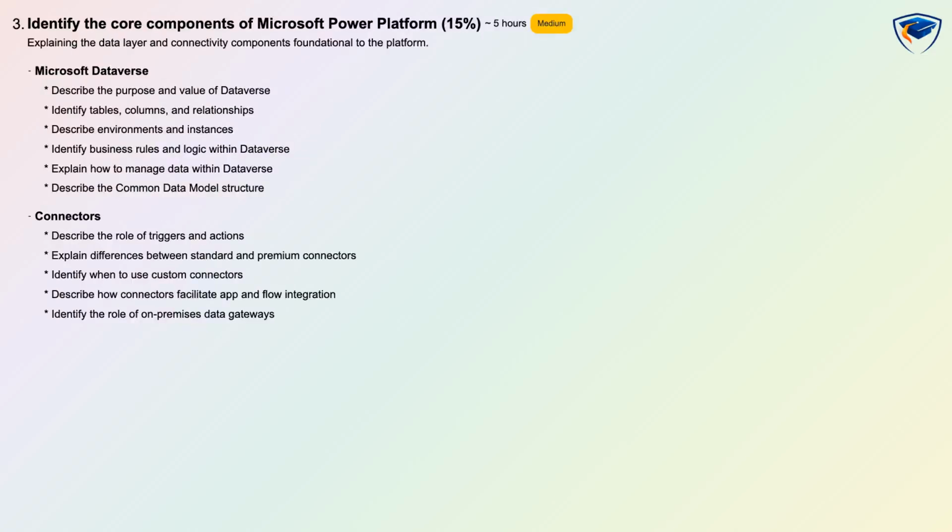Identify the core components of Microsoft Power Platform is 15%, difficulty medium, with an estimated learning time of 5 hours and assessment type conceptual and scenario-based. You will explore Microsoft Dataverse as the data layer, including tables, columns, relationships, business rules, environments, and the common data model structure. The domain also covers connectors, explaining triggers and actions, differences between standard and premium connectors, custom connector use